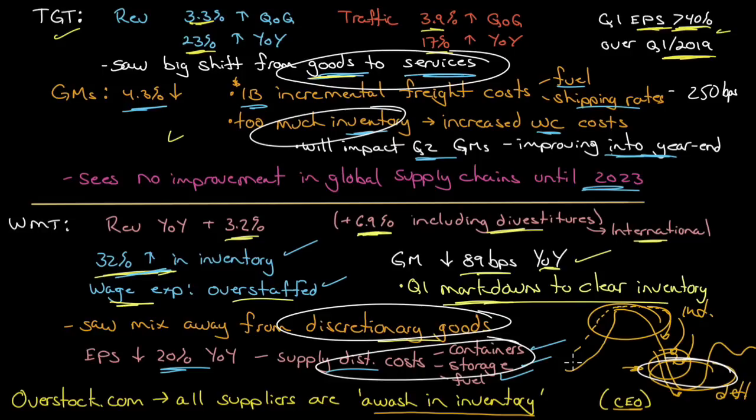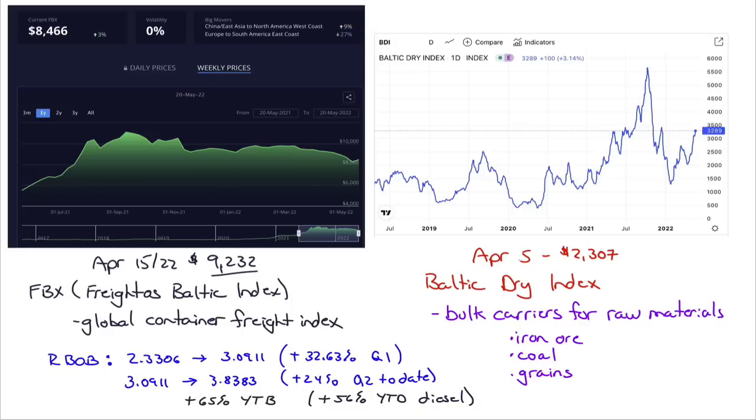So we're seeing from Target and Walmart that they're saying the inventory problem is going to take a couple of quarters to play out. But they also had a hit to their margins from transportation costs, both fuel and shipping. So for shipping, the transportation cost that they're most affected by is the container cost. So we'll look at FBX.